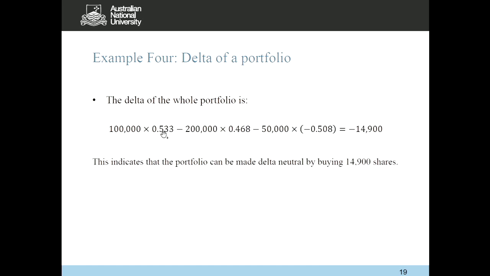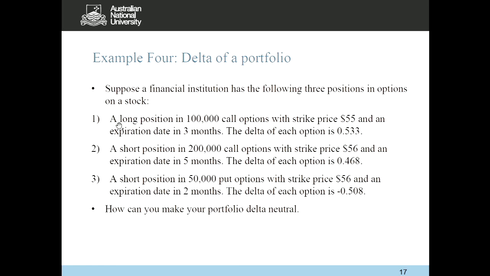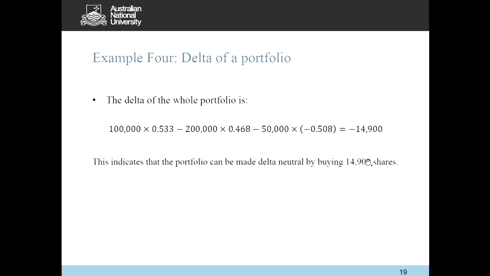So the first position, remember the first bullet point says you take a long position in the call. So each long position call gives you a positive delta, and that's the exposure. So what's our second position? Your short call options, right? So shorting call options gives you negative delta. So again, once we put a negative sign in front of that, that whole component is a negative delta exposure, right? So it's the delta on one individual call option times the total quantity, which is 200,000,